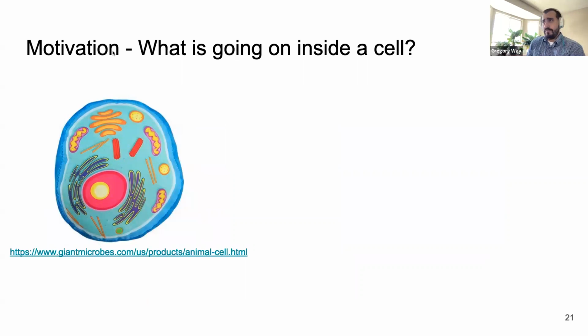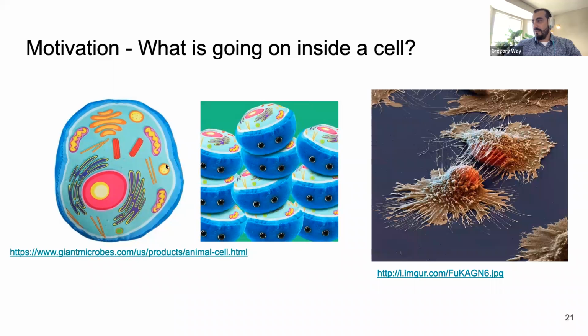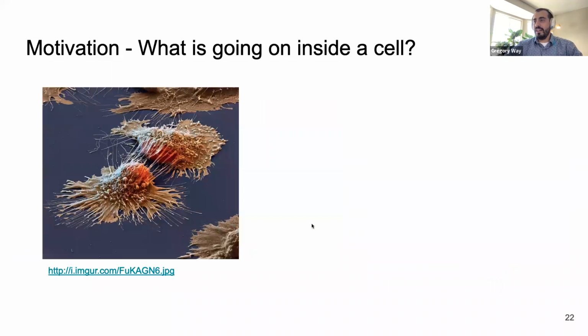As a motivation, it's easy to think about looking at a cell and wondering what's going on. There's tons of things. If you ever look at electron microscopy images, they're so densely packed with stuff that's happening. It's crazy to think about what we would need to do to figure out what's going on inside of them. They're much more complicated than these plush toys. And this is another representation that might be closer to truth, where this cell is kind of nasty looking. It's sticking out all over the place. It has these projections. Maybe it just divided. It looks like an angry looking cell.